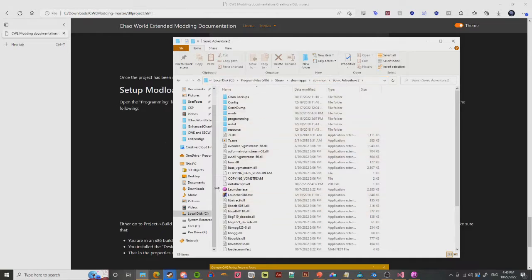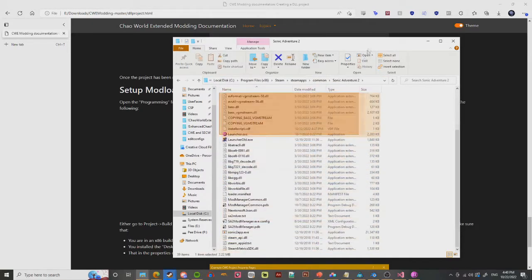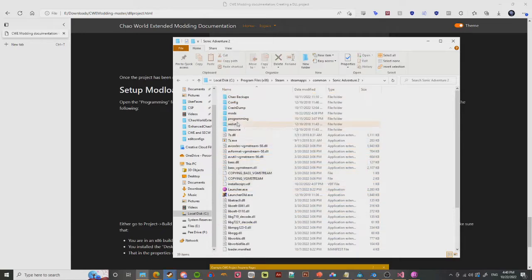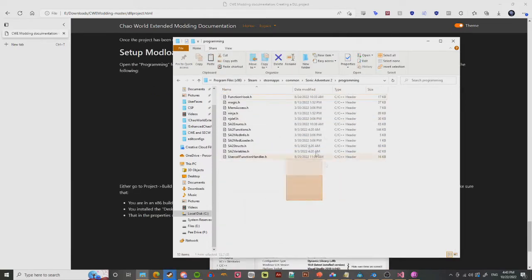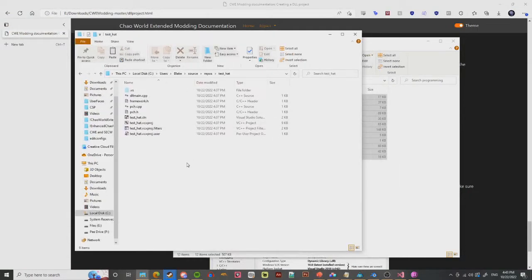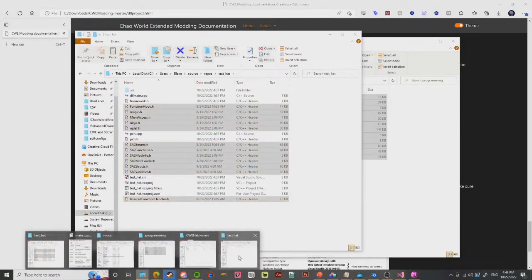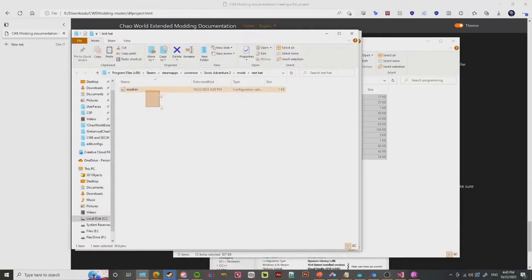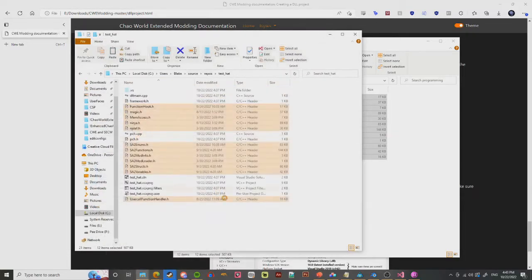And then if you already have the mod loader installed, which you probably do, you're going to have a little programming folder right here. So you're going to take every file from the programming folder, you're going to copy it, and then you're going to put it all in the project folder you just made with Visual Studio Code. So not the one that we just made using the mod loader. This one we're not going to do anything with right now. This is the one where you have your code saved for the DLL that we just made,